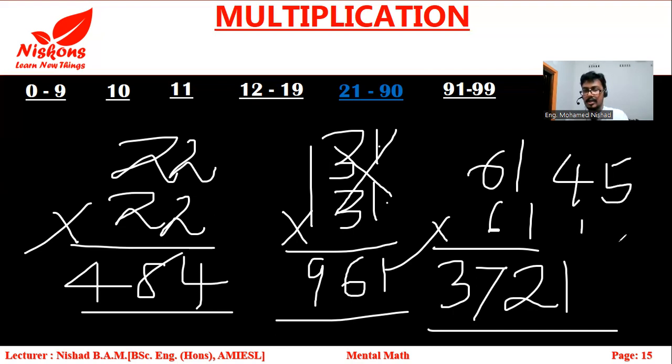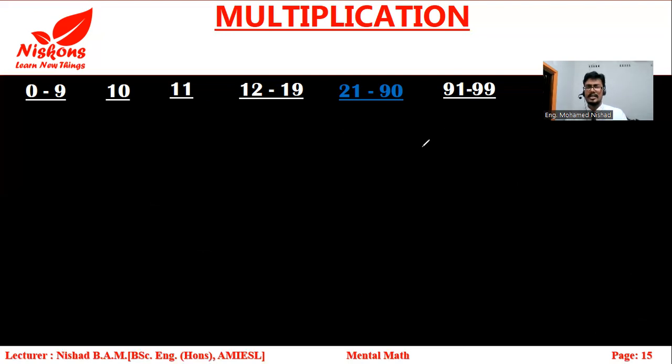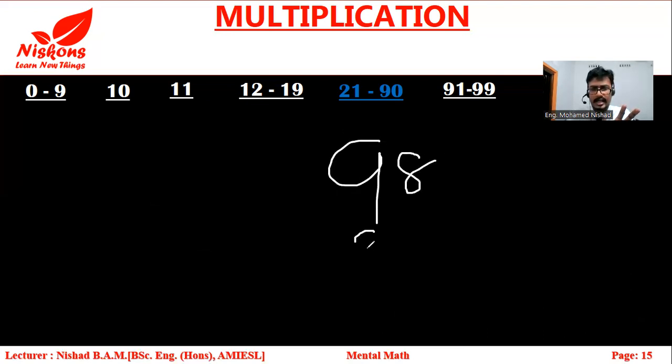And what will be 45 times 45? Is this correct? 2025. Is this correct? Yes, sir. Okay, thank you. Okay, so like this technique, let's say we are going to calculate these two numbers, 98